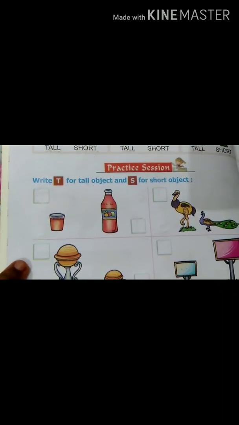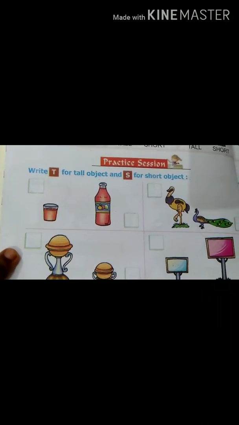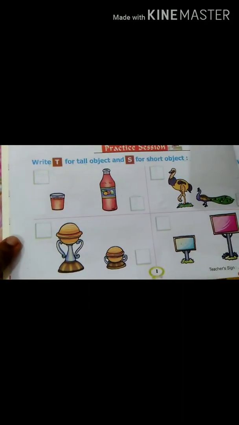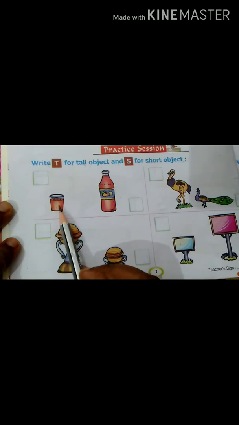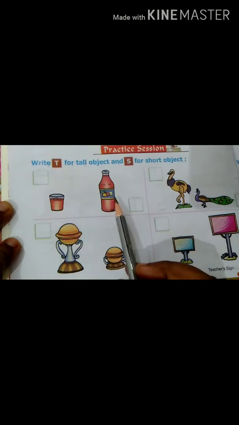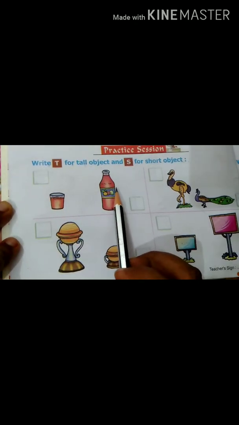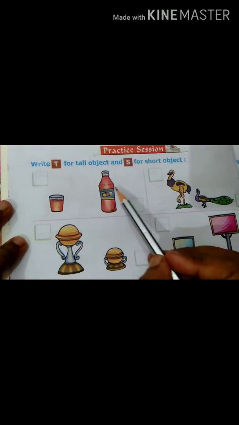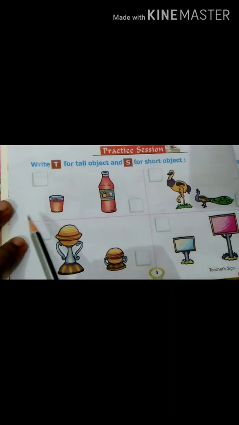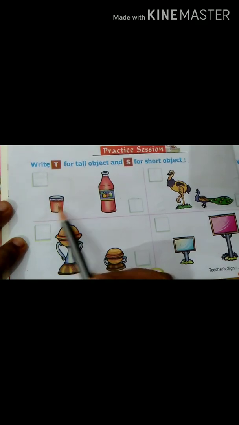Now see children, what is this? This is a bottle. And what is this? This is a glass. Which one is tall? This or this? Yeah, this bottle is tall in comparison to this glass.